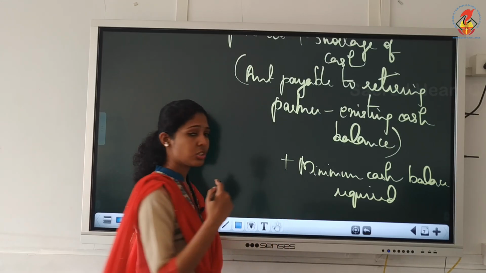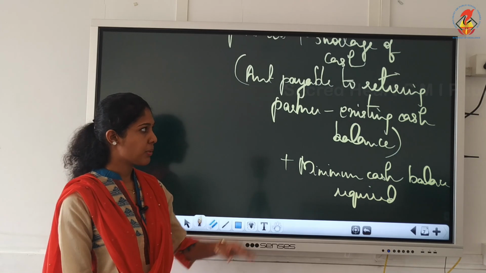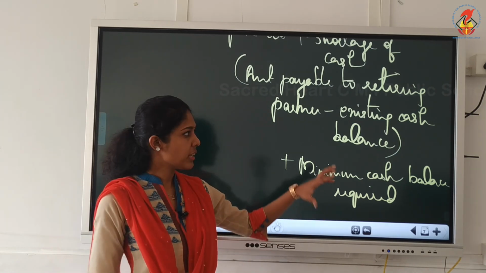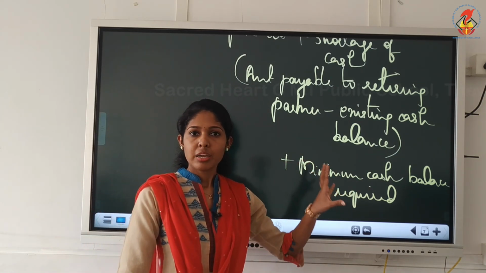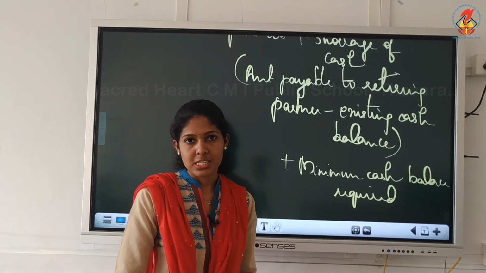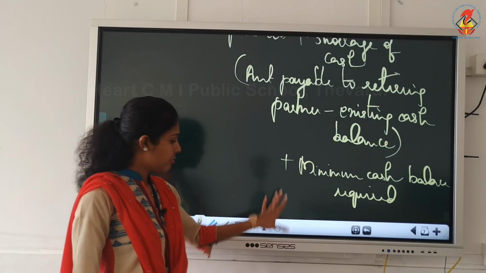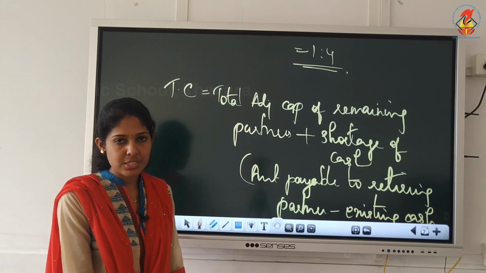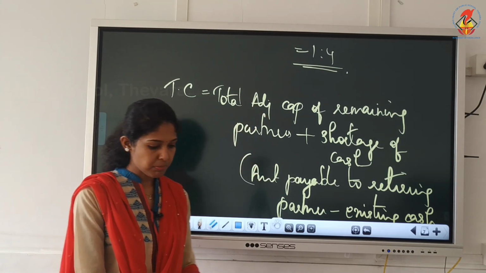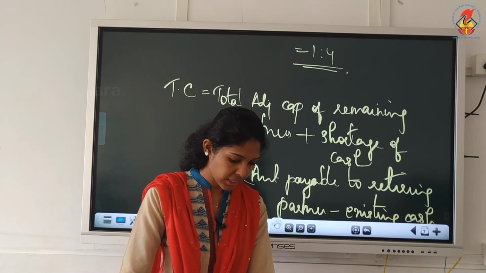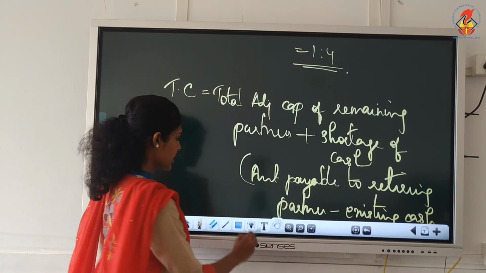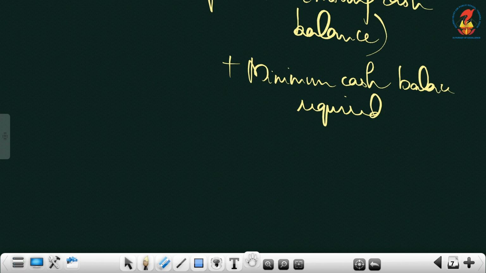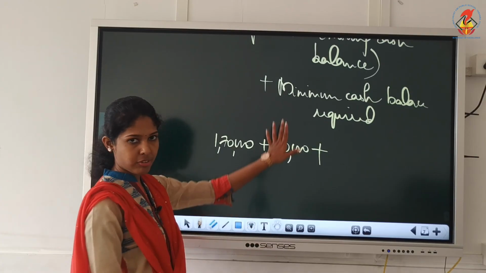See, at first you may find it difficult because the formula is lengthy and all, but when you substitute figures, if you understand the concept, actually it is easy. What all figures are you taking here? First you will take the adjusted capital, that means the balancing figures of Gautam and Kanika. Just compute the balancing figures of Gautam and Kanika. It is 1,70,000 and 30,000.